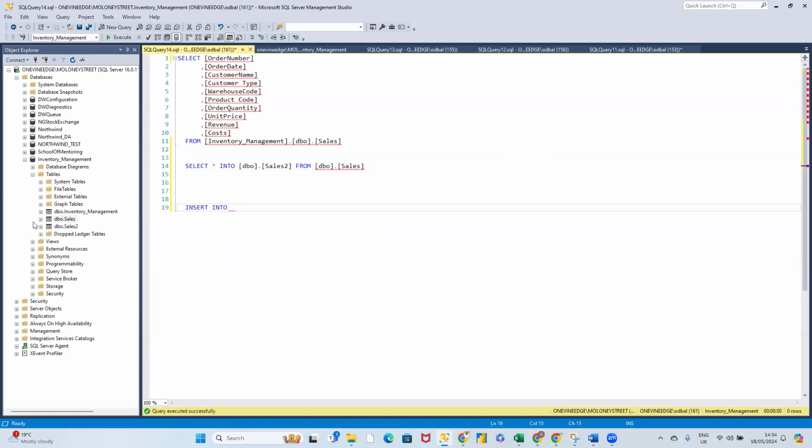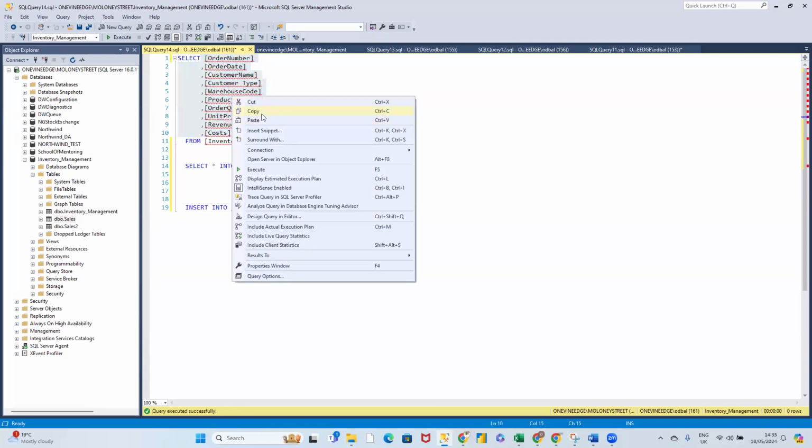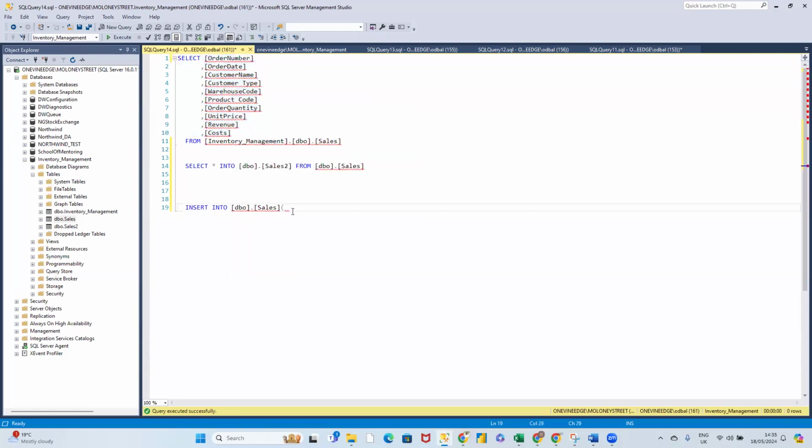You give the table name, the table you want to insert into, and then you list the columns. So you open that. That's my sales table. So these are all the columns I want to insert. I list them. And then I say insert into, select,